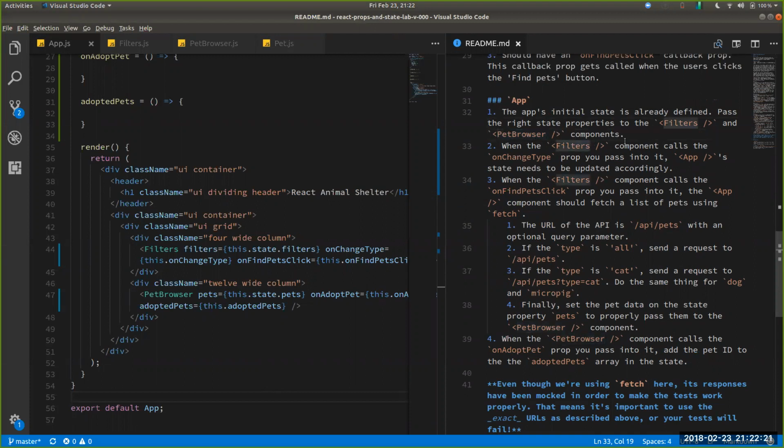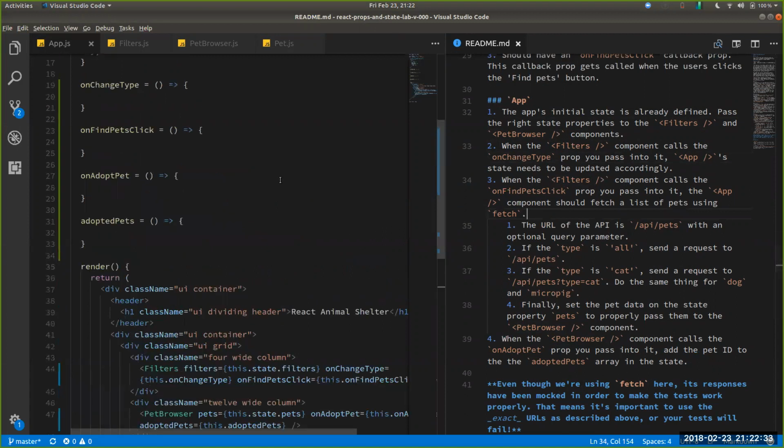When filters component calls the onChangeType prop, when filters component calls the onFindPets click prop, the app component should fetch a list of pets using fetch. Okay, let's do that one. When filters component calls the onFindPets click, it should fetch a list of the pets using fetch. So